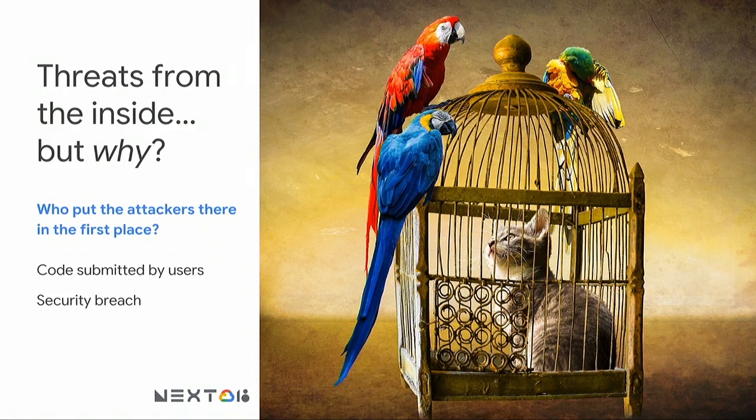We're focused on containers not containing because what we're discussing here is the threats from the inside of those containers. Like in this picture, we're assuming this cute cat is the attacker and the victim or the parents there. You want to wonder, who actually put that cat inside the cage? Who actually put a threat inside a container? Understanding that threat model is very, very important.